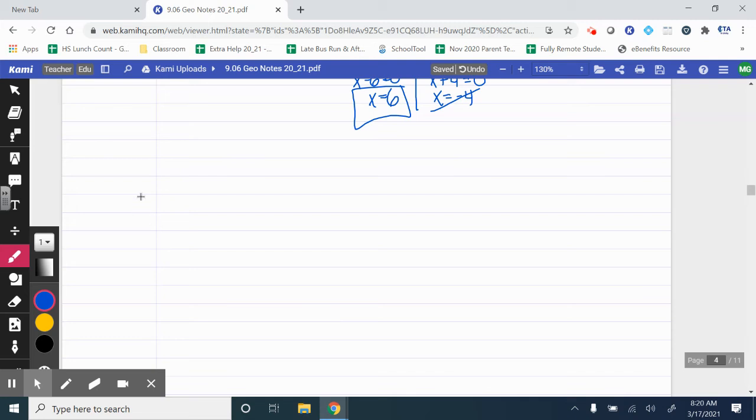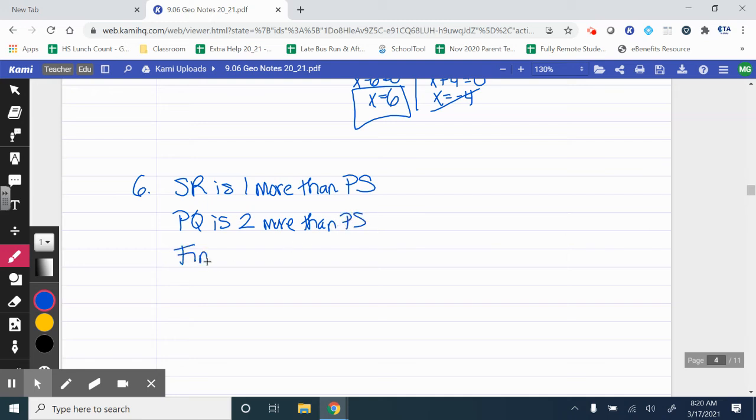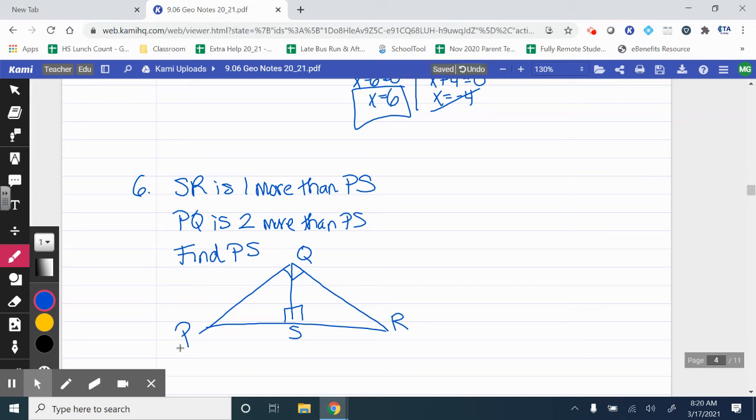Okay, let's try another one. This one says SR is 1 more than PS, and I'll give you the picture in just a minute. PQ is 2 more than PS. Find PS. So this is Q, R, S, and P. Pause your video and try this one out. Label it and then set up your proportion and then solve for x and then solve for PS, which is,